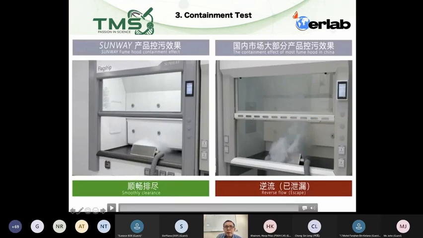The problem for the ducted fume hood in Malaysia, especially the locally made ducted fume hood, is they do not run this contaminant test. So that's why you have some question marks whether there is a leakage or not, right? So let me show that. We start with